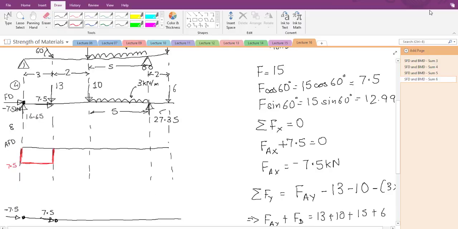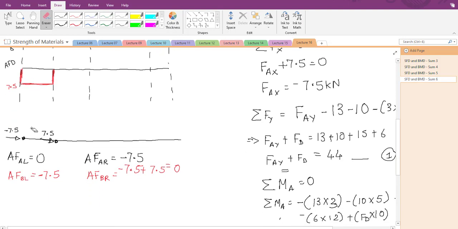Okay, so I will rub out the axial force calculations. It is very simple, right? Not much. Just like the shear force diagram, same to same for the axial force diagram calculations. We just have to consider only horizontal forces instead of vertical forces. And in an axial force diagram, there will never be a uniformly distributed load or uniformly varying load. There will only be horizontal point loads. Okay, so I'll rub this off.